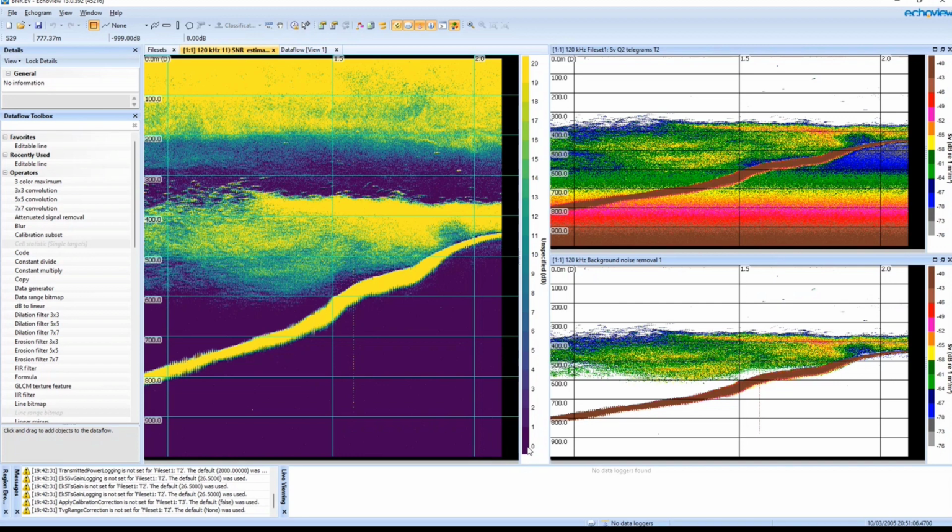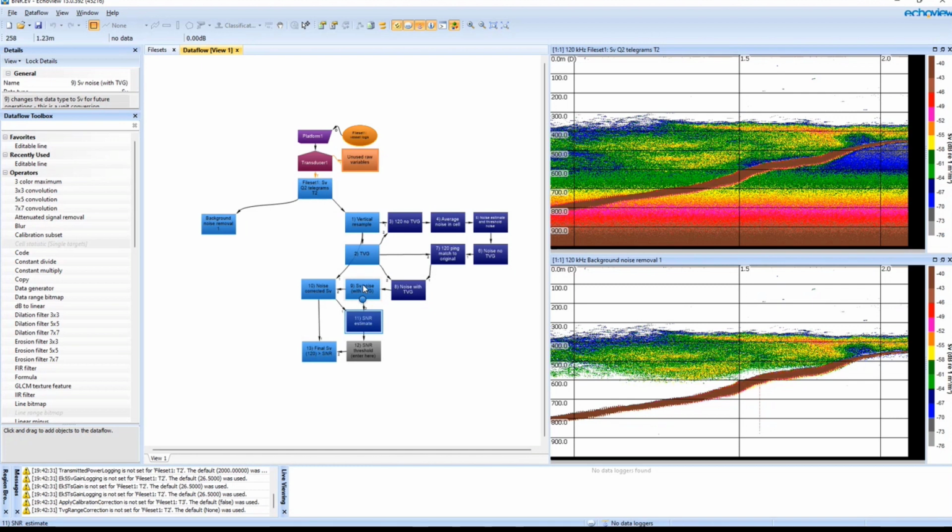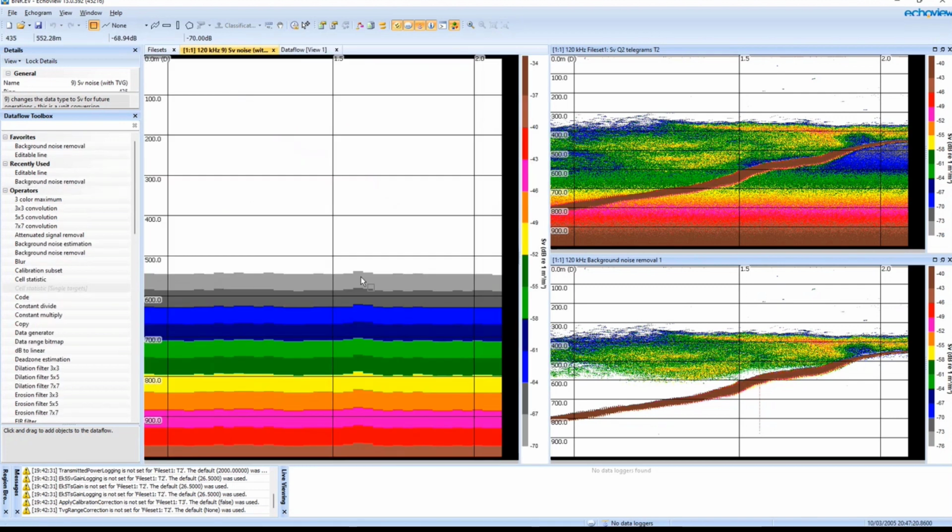In this case, we can notice that the color scale is from 0 to 20. And this is a number that reflects the ratio of the signal to the noise for every sample in the echogram. So where we've got the yellows, there's a lot of signal. And where we've got the blues, there's no signal effectively. The other one is an estimate of the actual background noise. So this is looking at that rainbow of TVG enhanced noise that we're subtracting from our echograms.